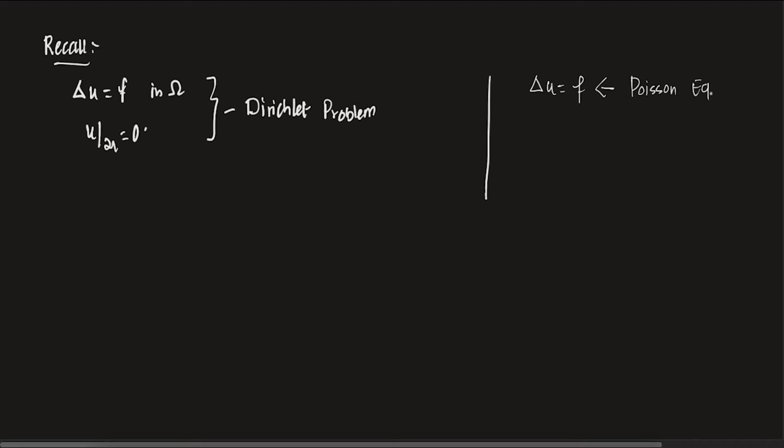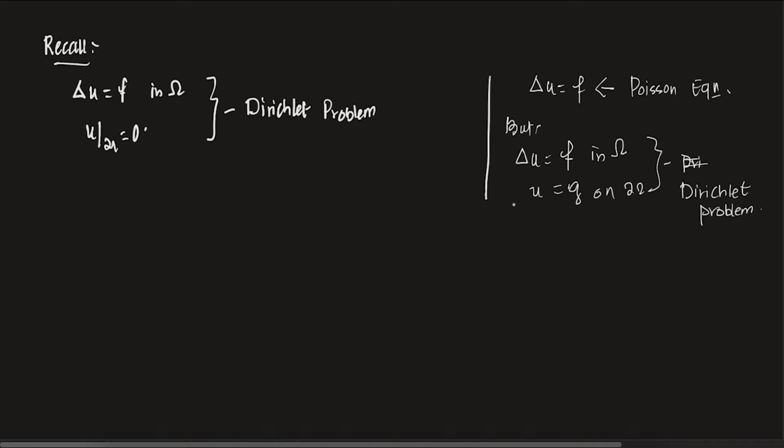But if you take this equation, Laplacian of u equals f in omega, and you put this condition, let's say u equals g, or 0, it's not a big problem. Essentially, the data is given only on u. If that sort of thing is there, this problem will be called a Dirichlet problem. It is named after the mathematician Dirichlet.